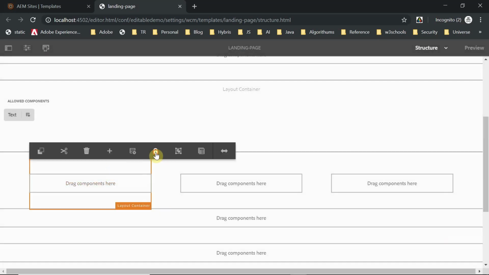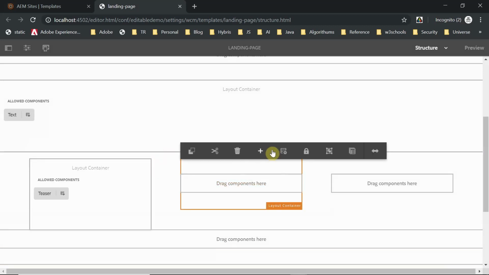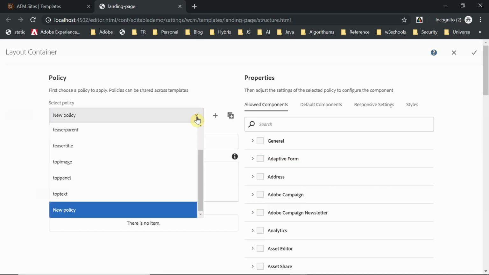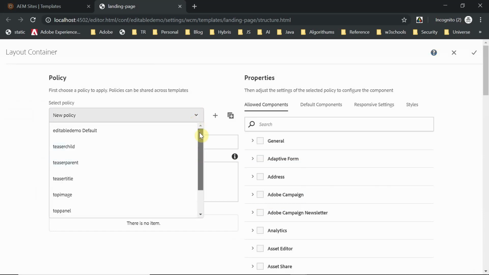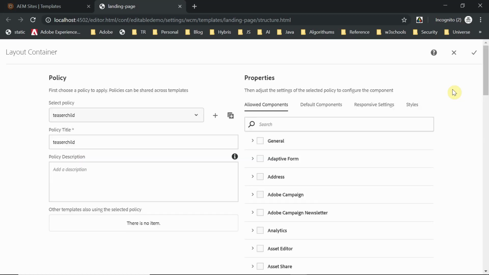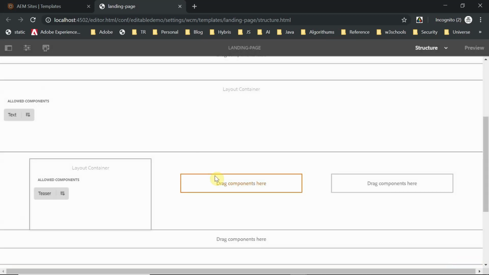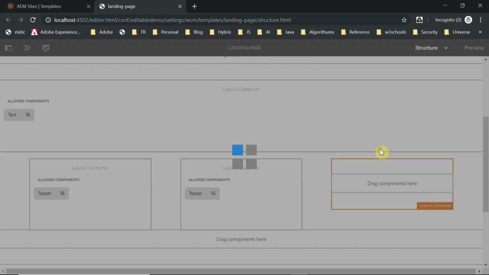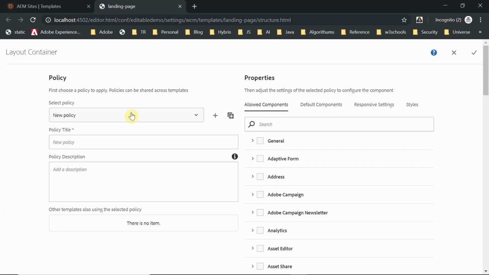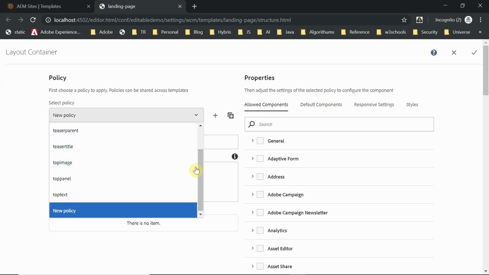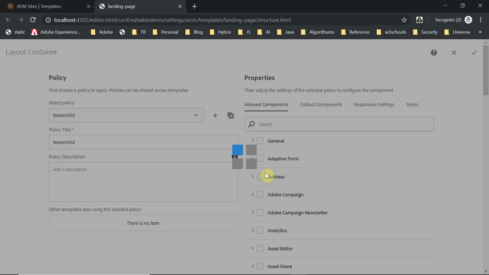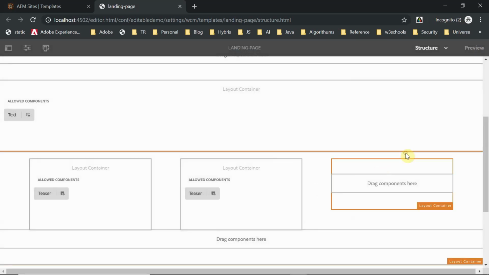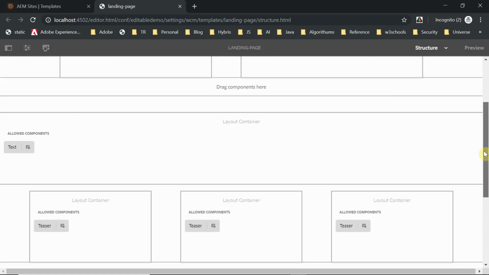Now unlock this. Okay, do the same thing here. Yeah, here you don't want to create the new policy. I will use the same child policy here. That is a child. I will select. Just to click here. Now go and unlock this. Done. Same thing. Okay. Teaser child. Click on done. Unlock it. Okay. Fine, now done. Yeah, now that third row also done.